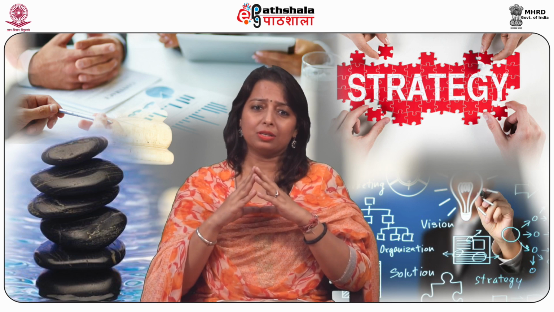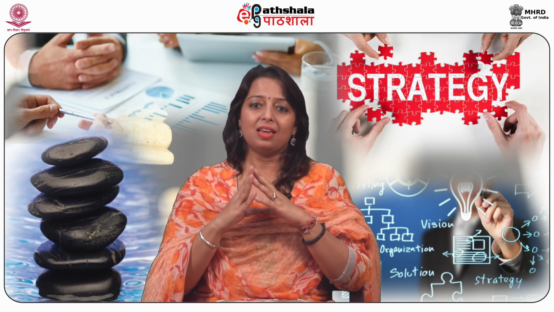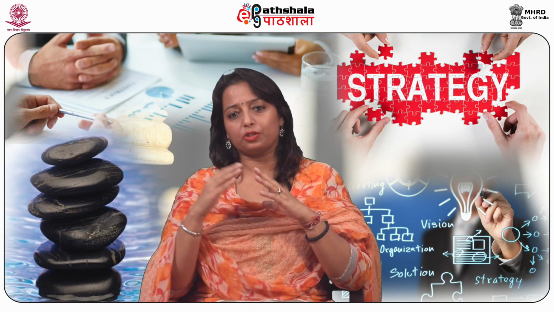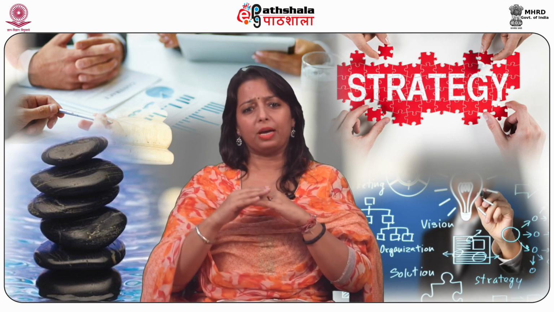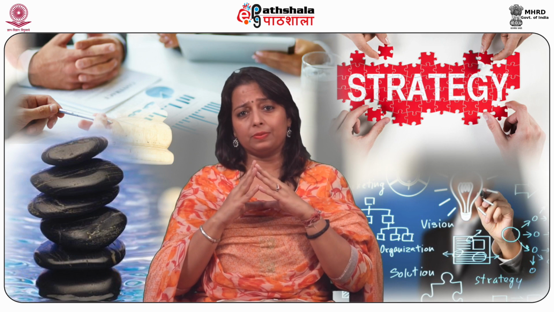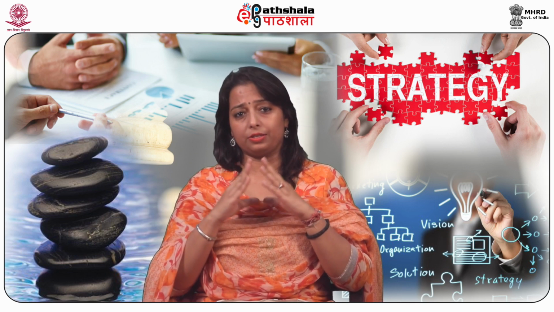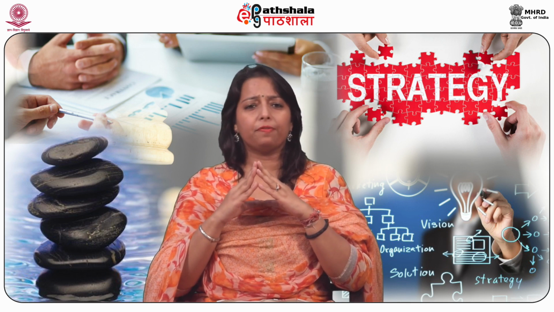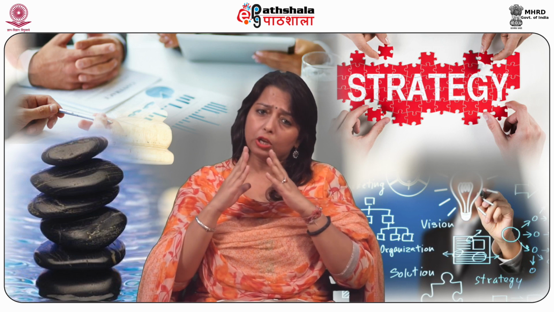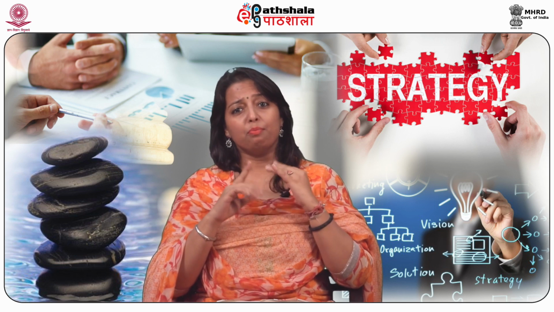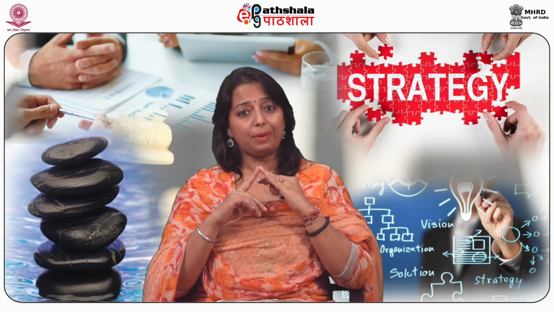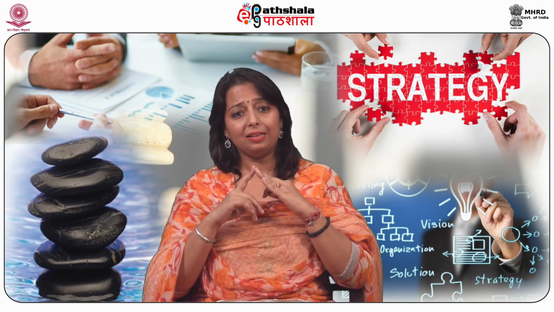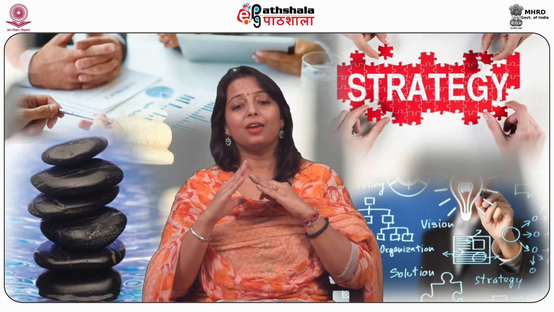Now, in order to carry out strategic process in an organization, it is carried out at various levels of management. That is, at the top level, at the middle level management, and at the first level of management. These three levels of strategies are referred to as corporate level strategies, business level strategies, and then the functional level strategies. Very briefly, corporate level strategy looks for development of the whole of the organization, beginning with mission, goals to determining the business plan, resources, and finally implementing different strategies in order to achieve the